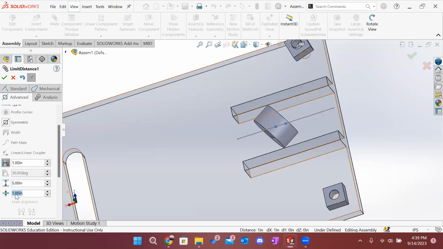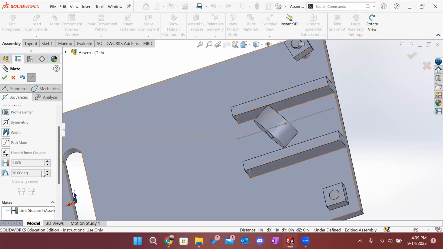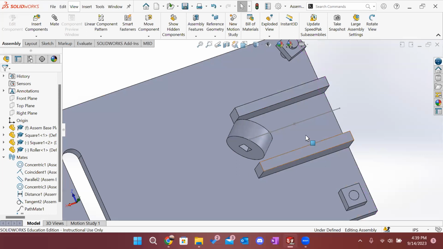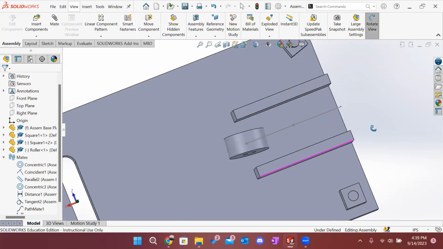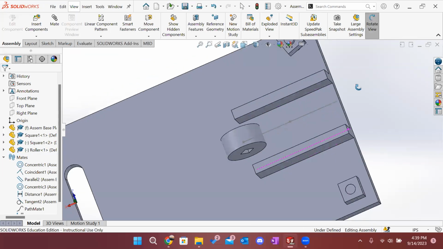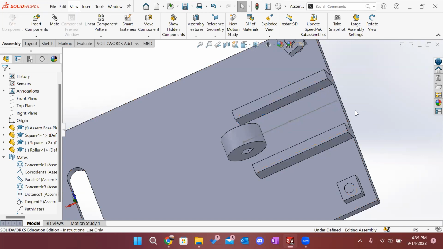5 inches, 0 inches. I'm going to hit OK. Yeah, you can see that mate got created. I actually chose 2 options for it. And now you can see it can't move anywhere further than those 2. Okay. Now let's say I want it to stay in this orientation where it is basically parallel to this face